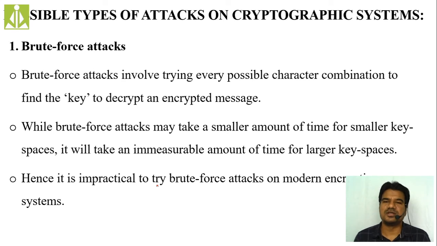You have a crypto system. A crypto system is a combination of plain text, ciphertext, encryption algorithm, and decryption algorithm. Encryption and decryption are both the same, just the reverse. So we consider it as an encryption algorithm and then the key. By combining all these things, we call that particular system a crypto system.